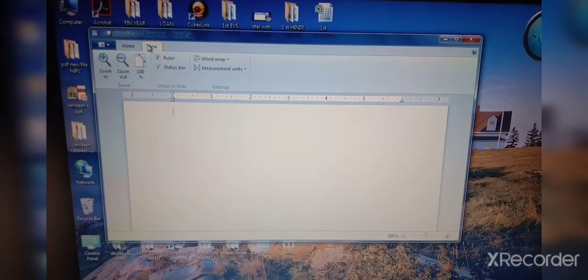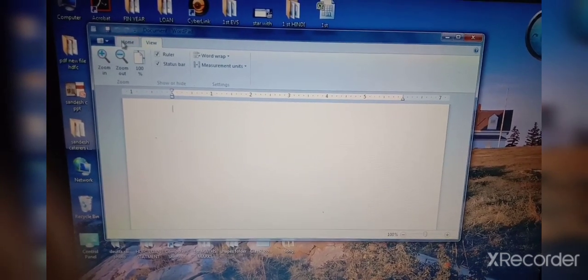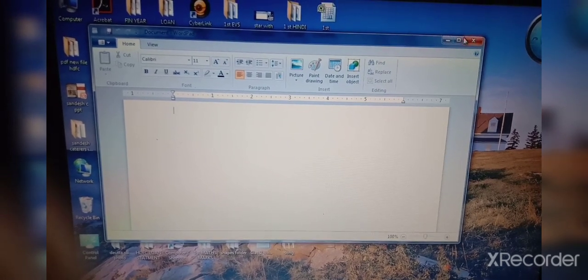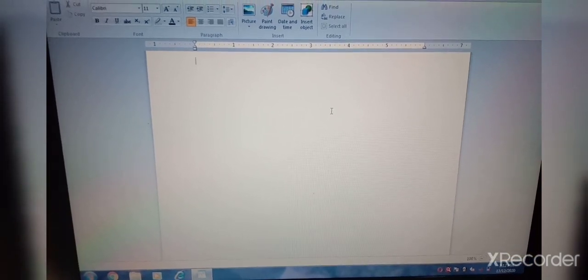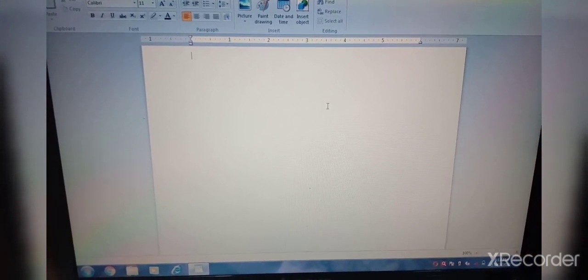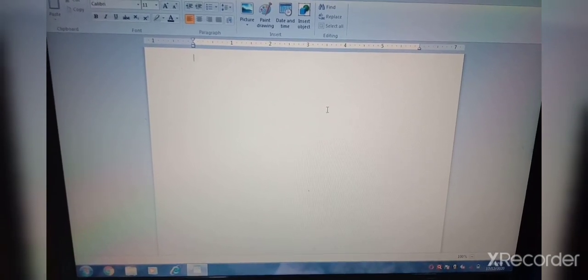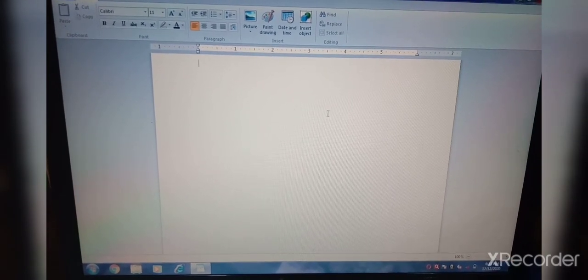Okay children, now very important part I will show you, that is this white area, this white paper. You can see this white paper. Okay, this white area is called typing area, where you can type the text.